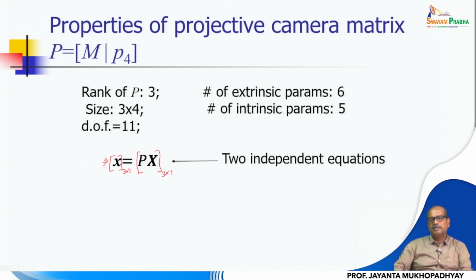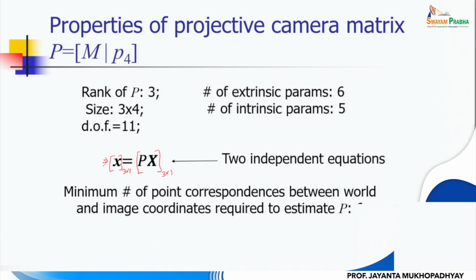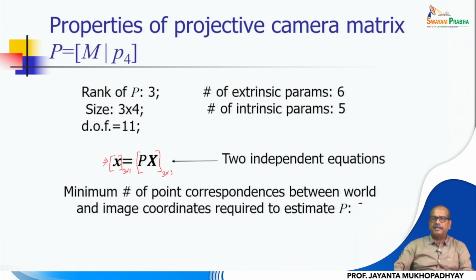That is why, from 3 equations, there are actually 2 independent equations, and the other equation could be derived from the other 2. This we would like to explore further, but just to understand that if I have only 2 independent equations, and we can show that they will be linear equations, then let us consider